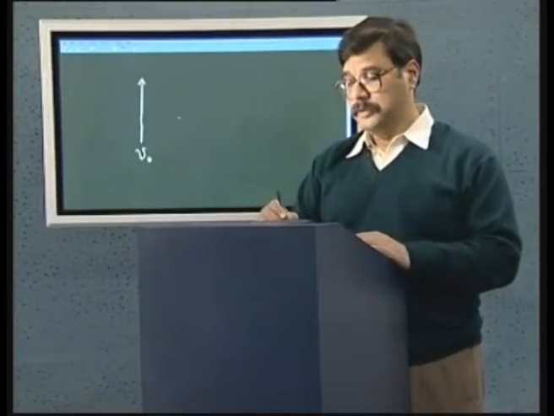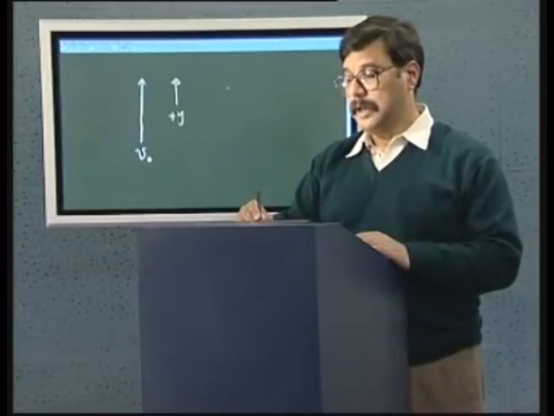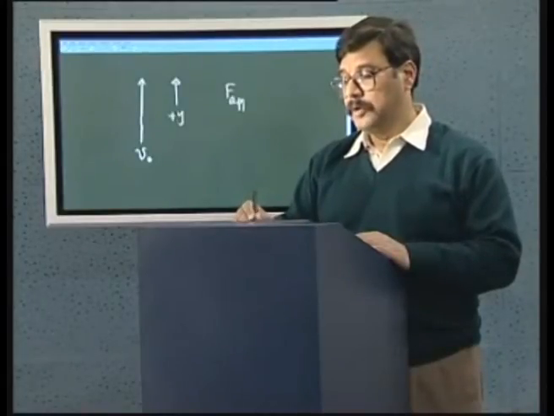Then, taking this direction to be plus y, the force applied is going to be minus mg, drag force is going to be minus k y dot, and the problem becomes similar to what I solved. I'll leave this as an exercise to find how long it takes for the particle to reach up, how high does it go,